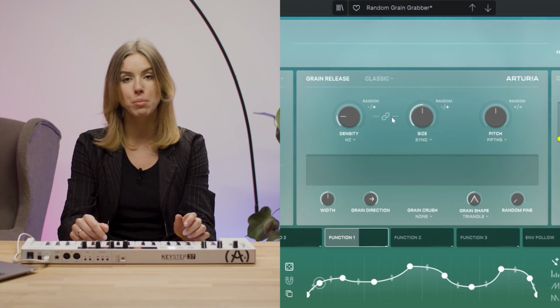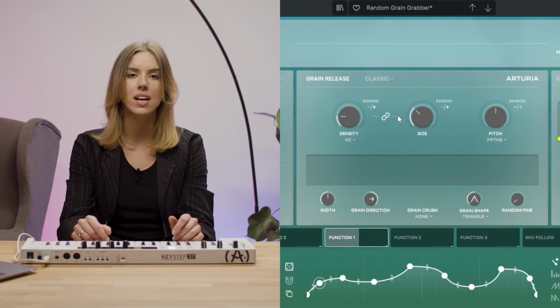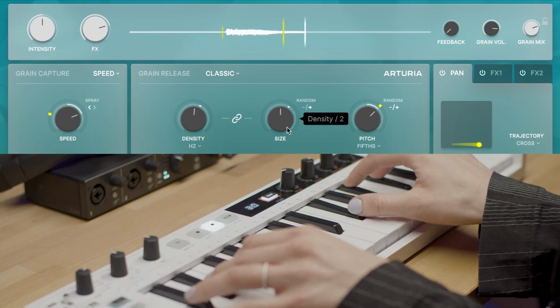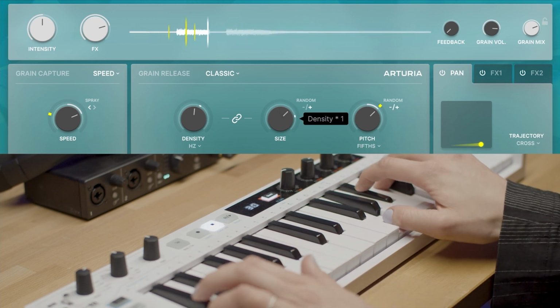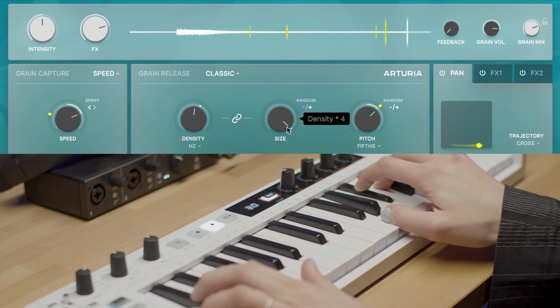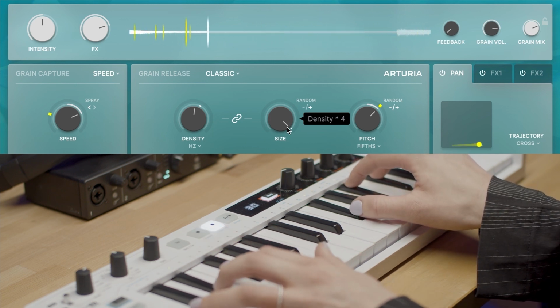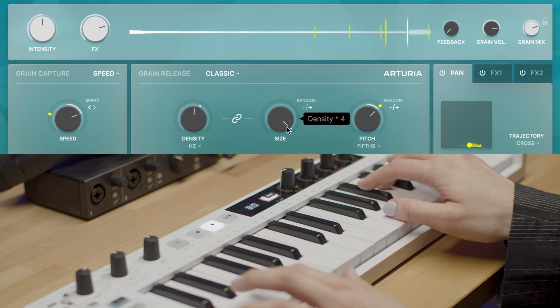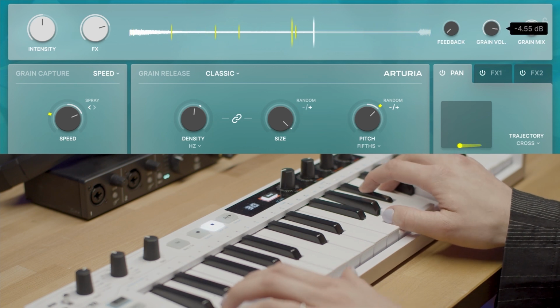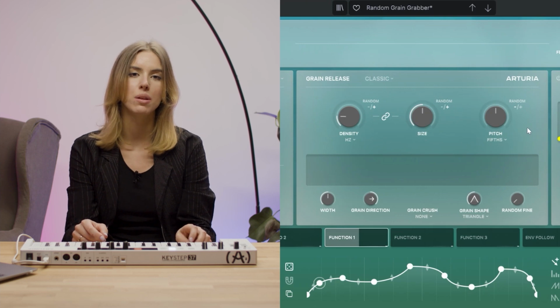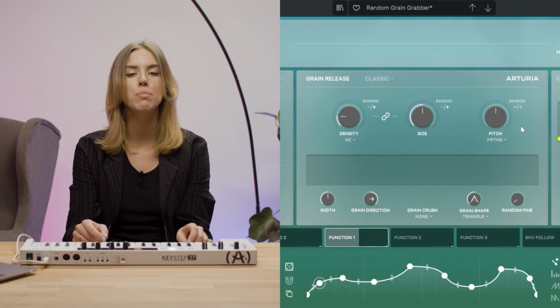When the link is enabled, the size is expressed as a ratio of the density. The last control available in the classic mode is the pitch control.